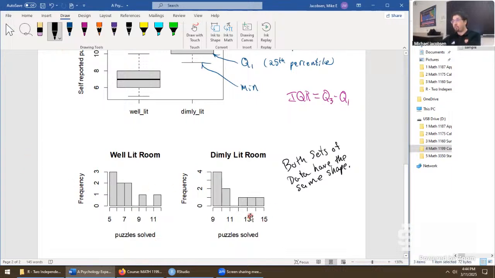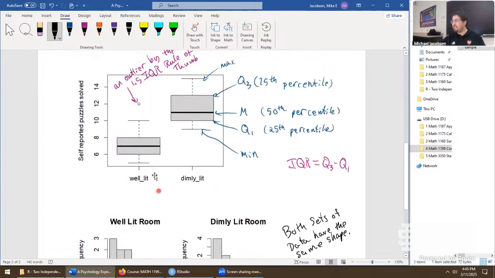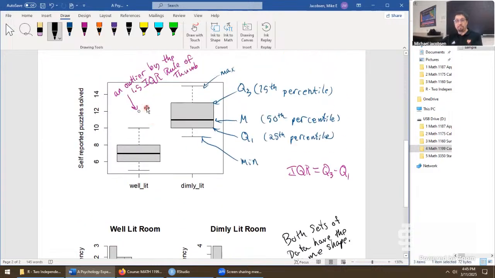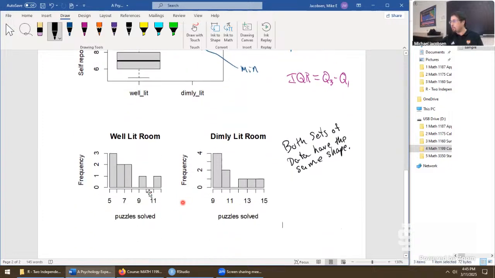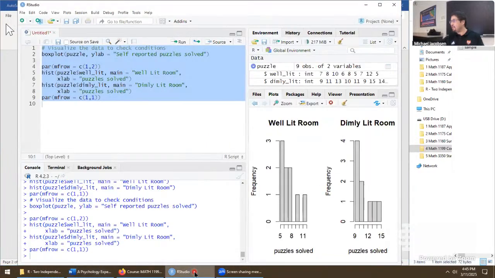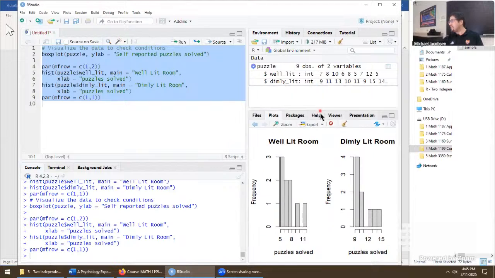They're both skewing to the right. And no outliers seem to be really influential here. This was just a rule of thumb that RStudio generates. With our extra view on it, that's not very extreme as an outlier whatsoever. And so now both sets have the same shape. What's the size of these?